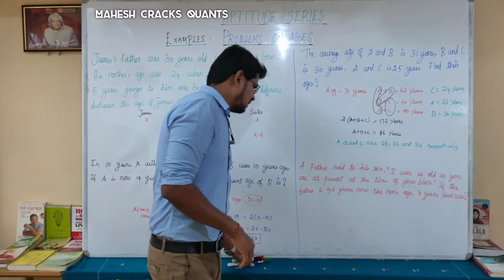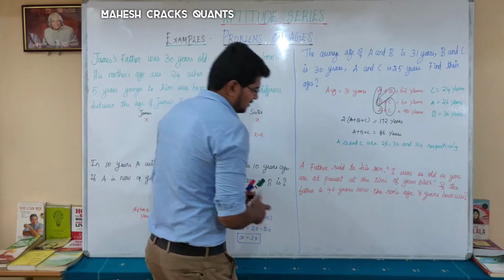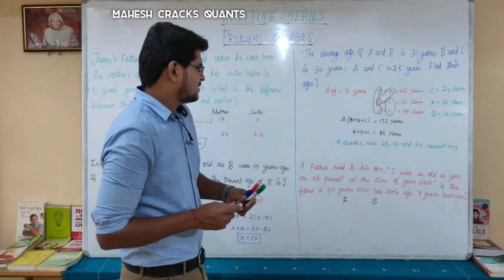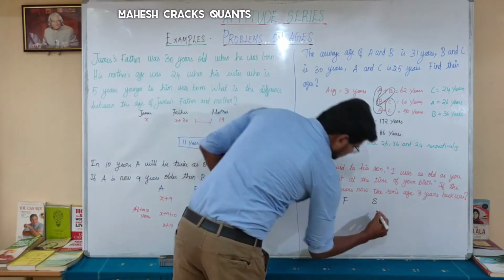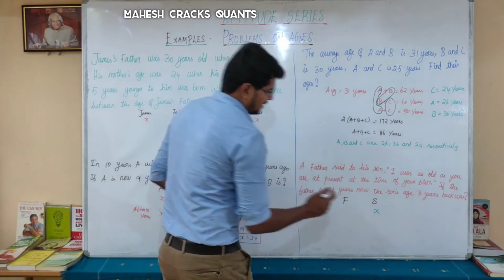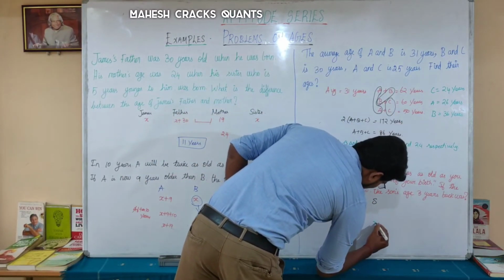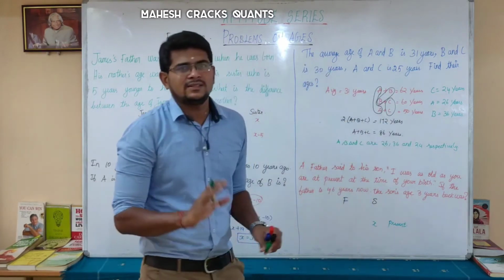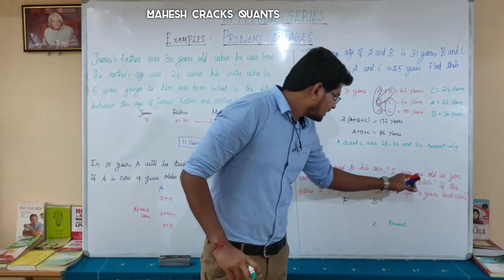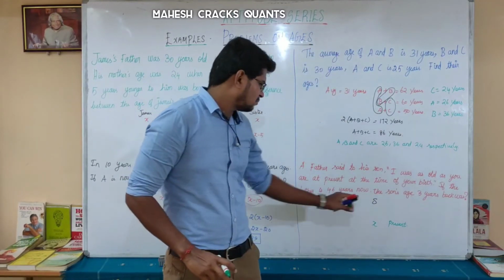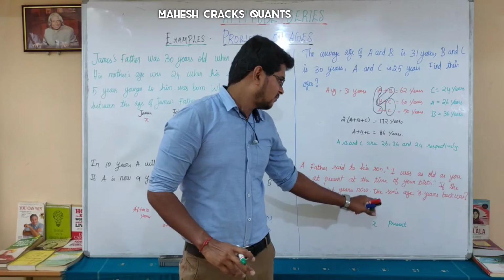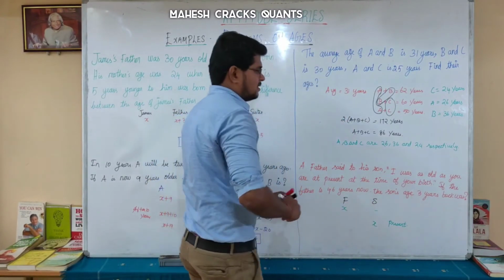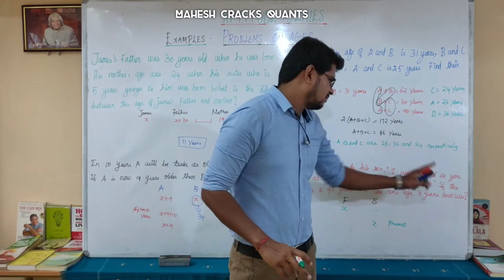Listen, so we'll put it like this. Father and son. I am assuming the son's age as X. So the son's age at present is X. I was as old as you are at present. What is the son's present age? X. When he was born, so when the son was born, he was X. Okay. At the time of your birth.